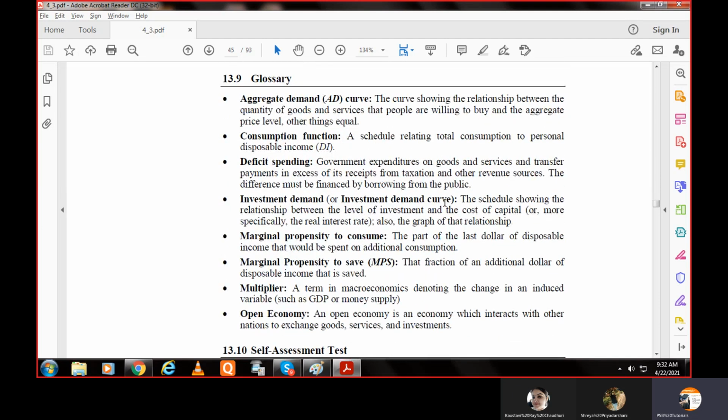Now we have discussed the marginal propensity to consume, so let us go through a glossary in a very brief manner. Aggregate demand curve, we discussed aggregate demand. Aggregate demand क्या है? ओवरऑल इकोनॉमी की डिमांड ऑन अ सर्टेन प्राइस, ओवरऑल आप सबको लेकर चलते हो. कंजम्पशन फंक्शन, सिंपली कंजम्पशन इज अ फंक्शन ऑफ डिस्पोजेबल इनकम. Higher your disposable income is, higher is your consumption. नॉर्मल सी बात है ना. It will explain your consumption function, data for your consumption at different levels of disposable income,